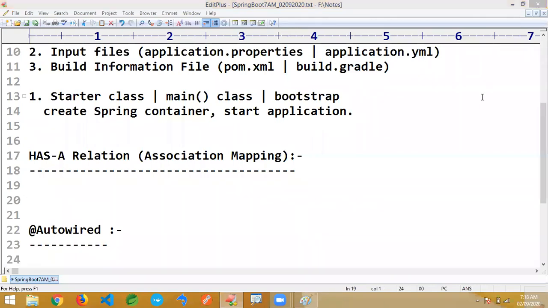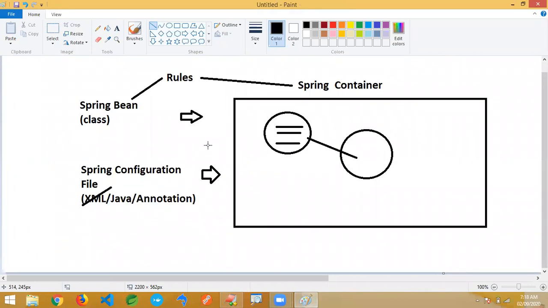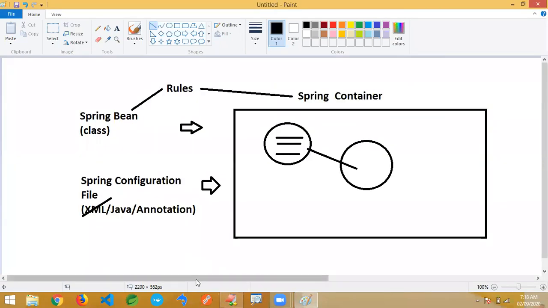So here we are going to see one class used as a data type in another class and creating a variable. That is simply called HAS-A relation. That is called association mapping. Consider we have two different classes.